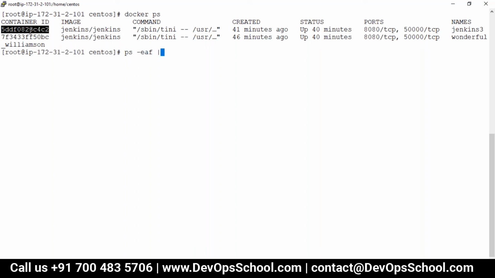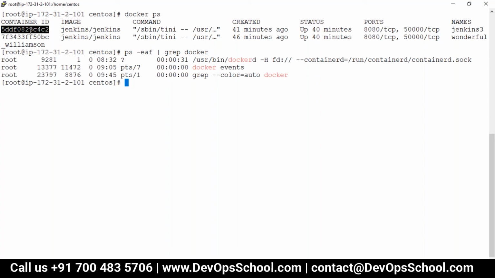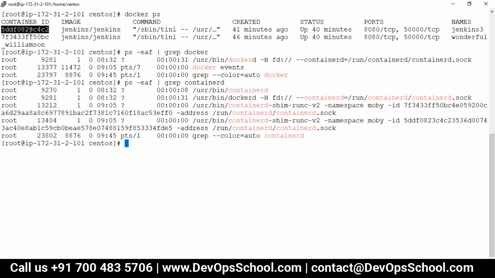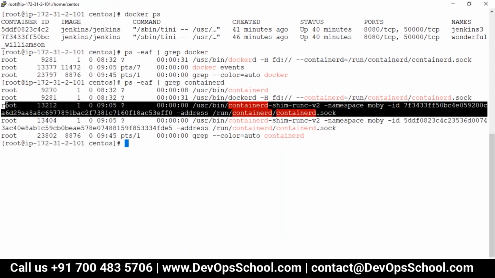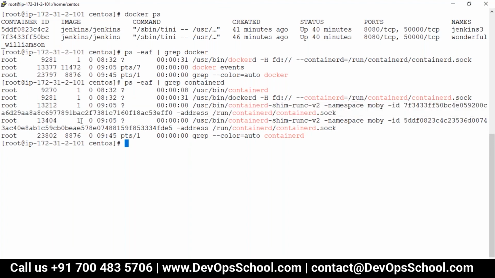Docker, grep. It has not come. Let's put the container ID. See here, there is one container which is here. There's another container which is here. So I have two container processes. Let's pick this container.